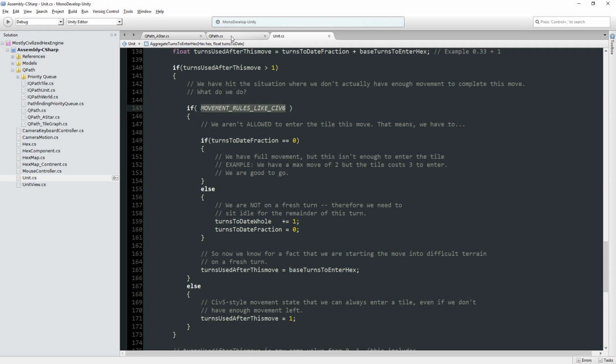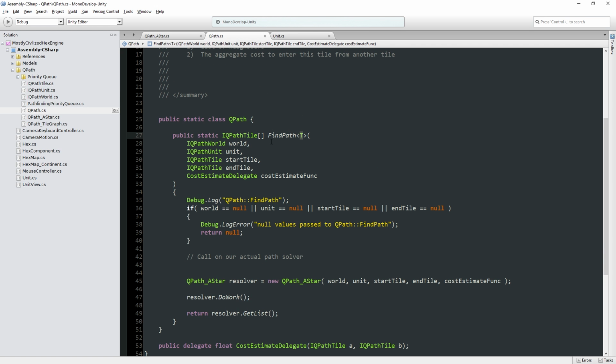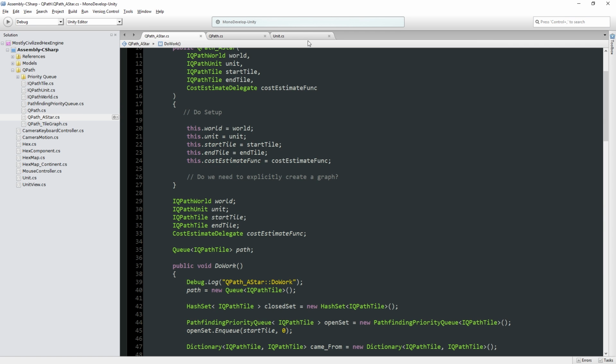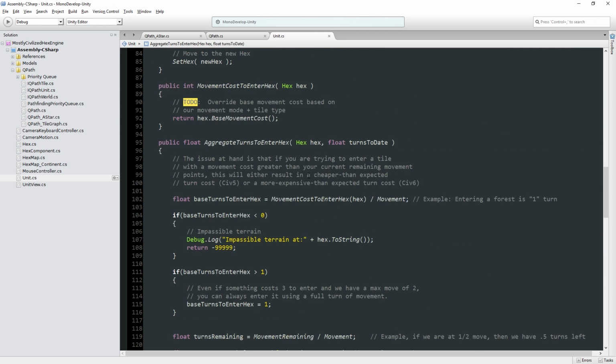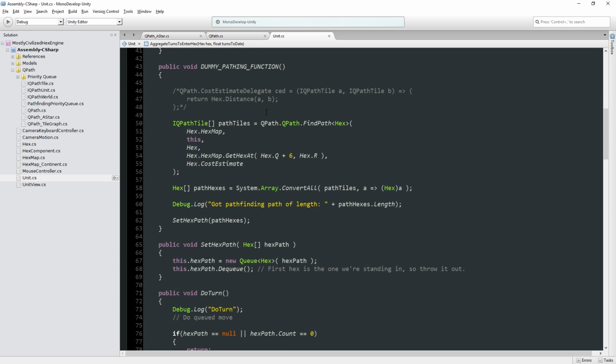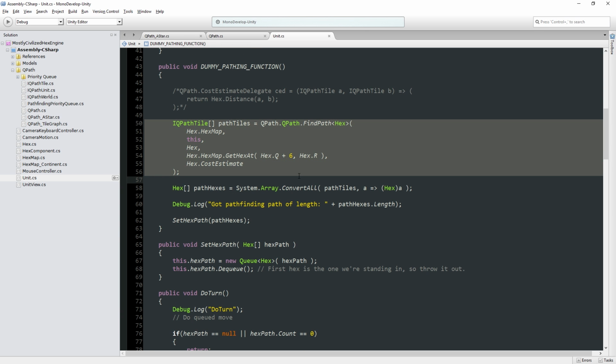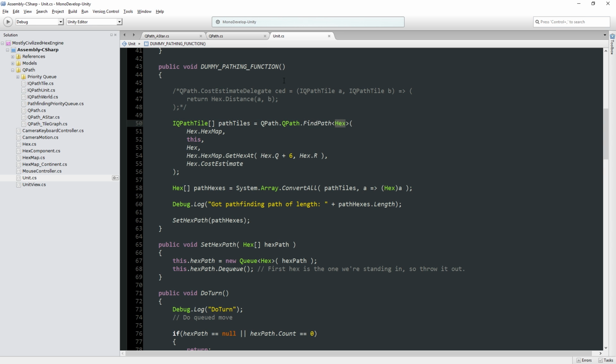Right, that's not a problem in any way whatsoever. Anyway, this code, where are we? Right over here. Oh, this is in unit code. Hold on. Scroll, dummy pathing function. So this code now compiles happily. It doesn't do anything yet, but we now have the ability to communicate that we've got some sort of class